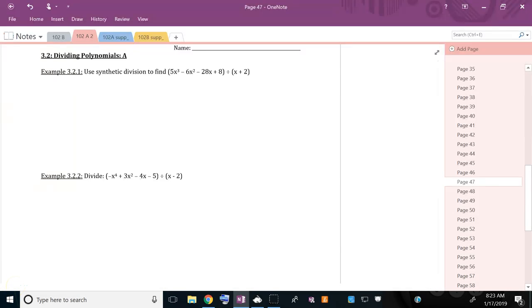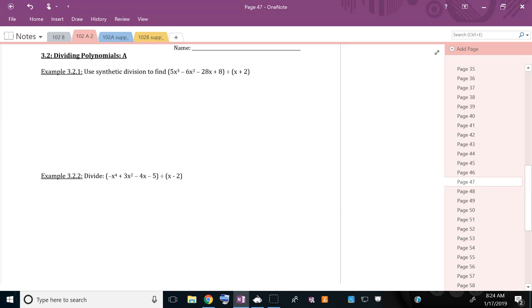Math 102, example 3.2.1. Let's look at dividing polynomials. Now we're going to use a technique called synthetic division for most of our problems. So here I have 5x cubed minus 6x squared minus 28x plus 8, and I'd like to divide that by